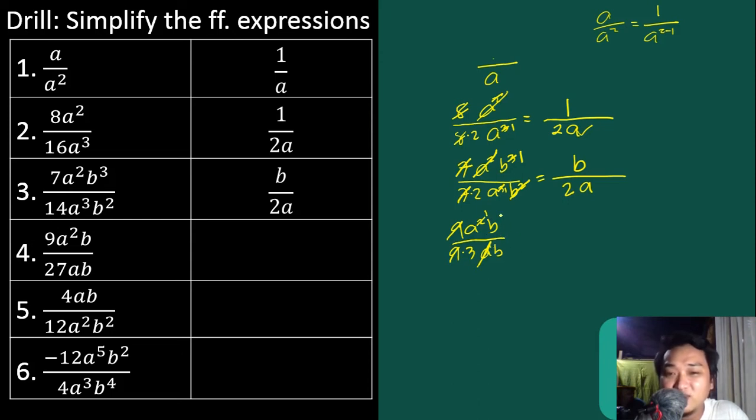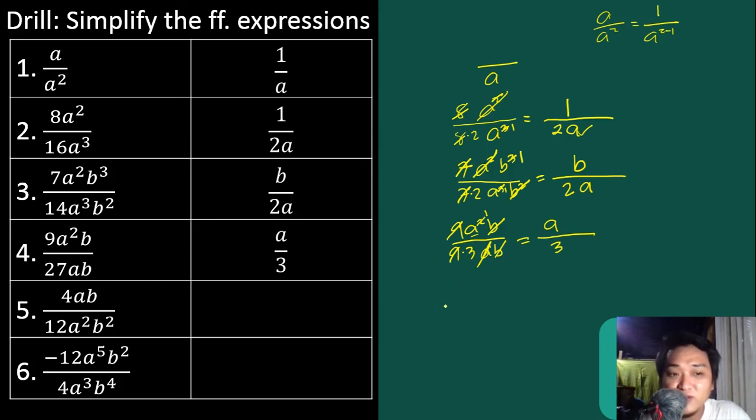How about b? 1 minus 1 is, what is this? 0. So, we'll just cancel it out. Or b divided by b is 1. For as long as b is not 0. Cancel that out. So, the final answer is, cancel yung 9. Ang natira na lang, isang a. Ayan, no? Isang a. Kasi yung exponent ni a, 1. So, a sa baba, ang natira na lang is 3. Tingnan natin kung tama yung sagot natin. Okay, so a over 3. Next,